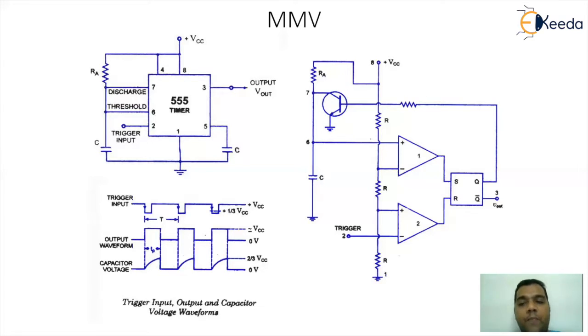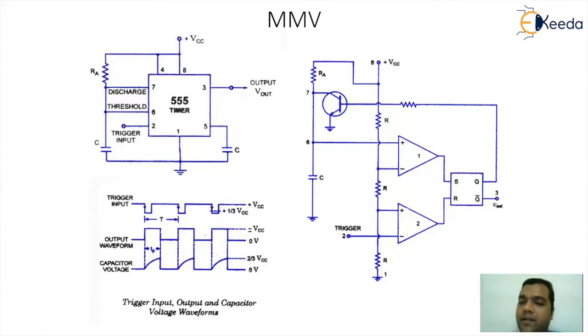If I want some operation to happen, I need to do something at the trigger pin. So what I'm doing here is, at the trigger pin, I'm giving a falling pulse and the falling level will be going below 1/3 VCC. As soon as the trigger signal goes below 1/3 VCC, automatically the lower comparator will give an output 1. If the lower comparator gives output 1, R will become 1, automatically Q bar will become 1. So as soon as R becomes 1, Q bar will become 1, the output goes to the high state. So the output goes to a level of VCC, that is logic 1.